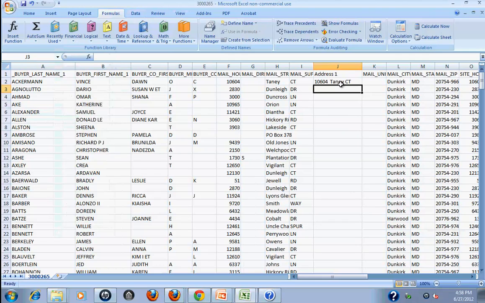So we've done our little address template. Now we got to tell it to do that for all of the ones in your spreadsheet. So this is going to be interesting. One way to do this, and it somewhat depends on your list. When you have a massive list, the best way to do this is